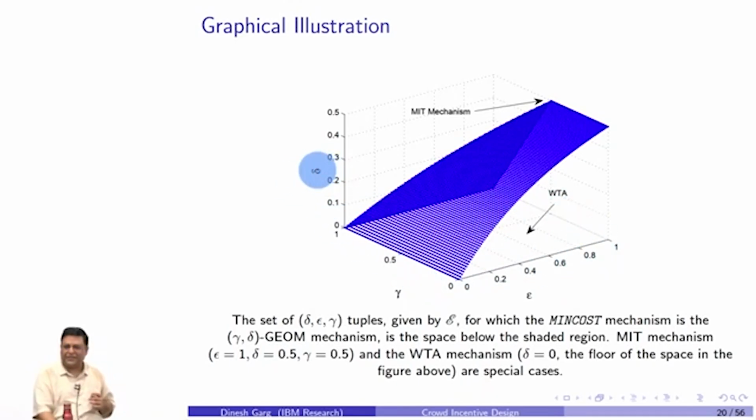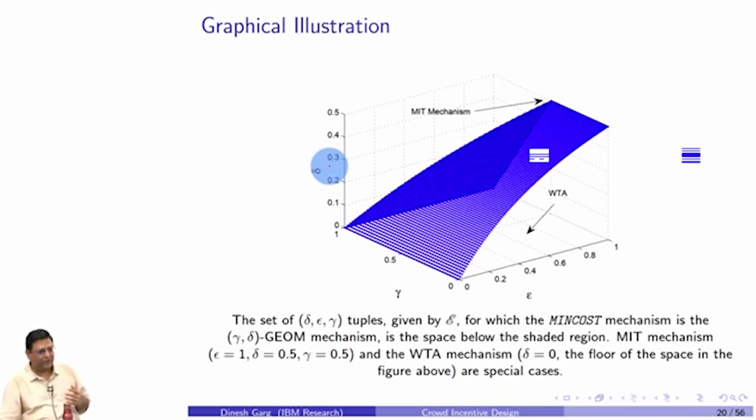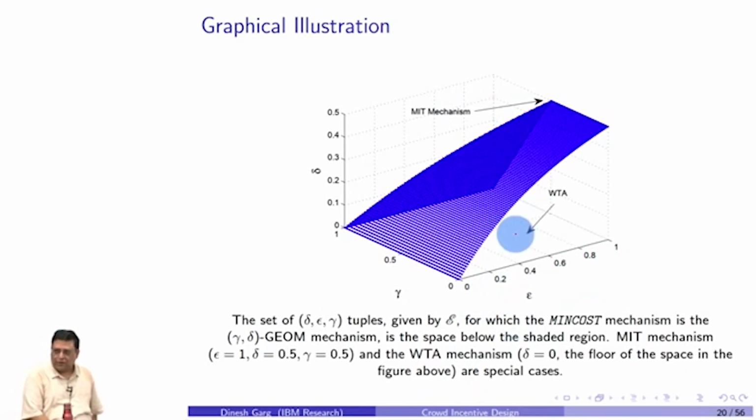Why? Because suppose delta is 0, which means the parent is not getting anything, then the child, right? So any parent will not get any reward, which means only the child will get the reward. So any mechanism on this surface is a winner takes all mechanism, right? Okay, so